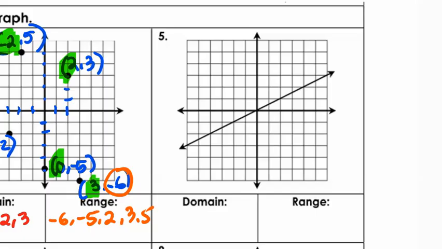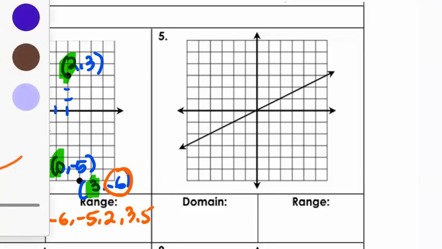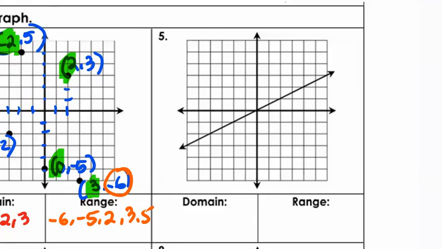Now, here we go. In the graph, like I said, the domain is your X, okay? So I'm looking at question number 5. I'm going to write what's the value of this, okay? So this is positive X, negative X. On my positive X, this is going to be positive infinity, because it's going to the right. Remember, this is positive. And then on my left is negative infinity, because it's going to the left.